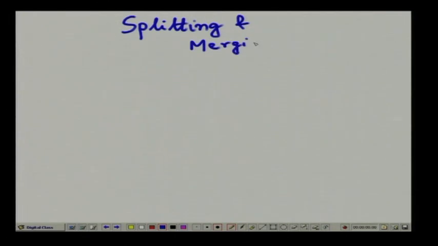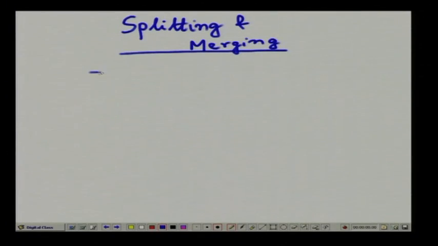Okay. So, the next type of segmentation that we said we will discuss is splitting and merging operation. Here again, what we are trying to do is form a segment of all the pixels which are similar in intensity values or similar in some sense. Our approach in this particular case will be as follows. If I have an image,